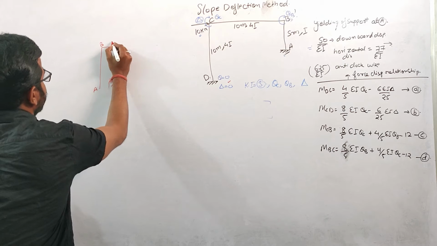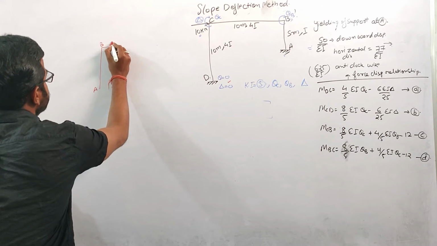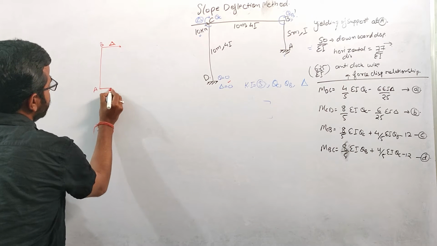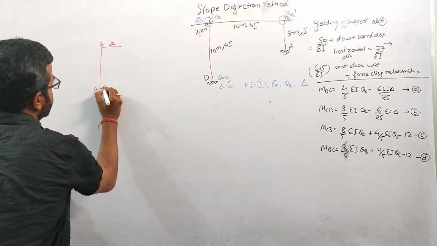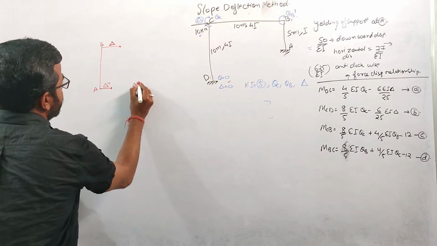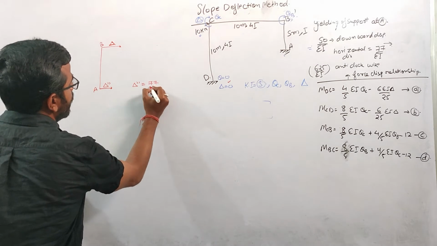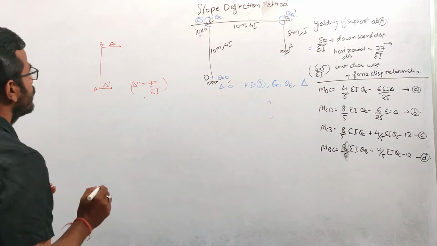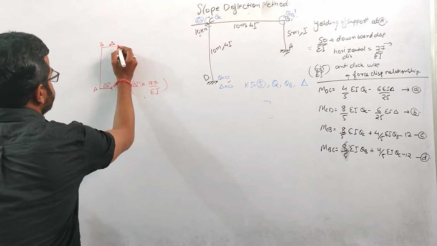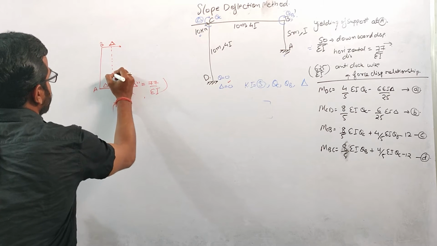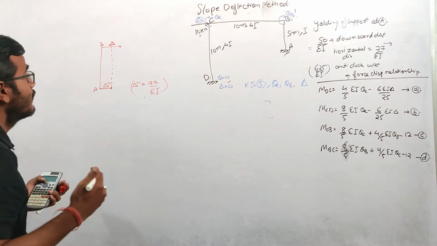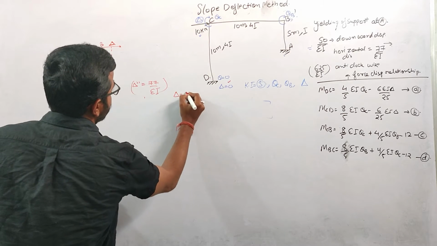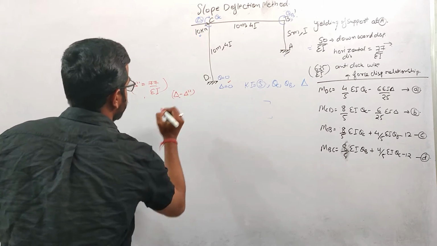We have said that at B there will be some delta deflection, which we need to find, and at A we are saying that this is yielding by some amount. Let us suppose this is delta double dash, and this delta double dash is equal to 77 over EI. This is already given to us, and it is swaying towards right. So the part of the sway which will result in the generation of the moments will be delta minus delta double dash, right?